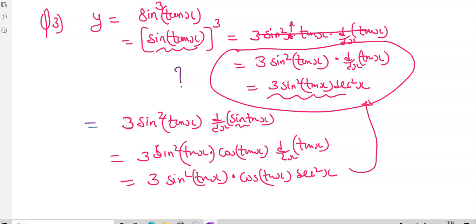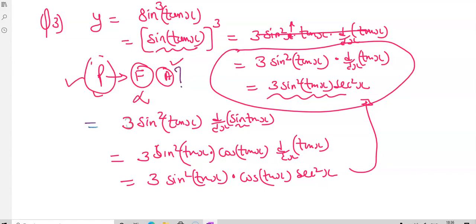See the difference and the common mistake which a student does in this kind of calculations, because this is function, power as well as angles. So what we have done here, we have done power, we have done function, but we missed the angle, which is tan, that is sec square; we have done that, but the function we missed. But in this kind of question we have done power, then we have done function, then differentiation of an angle.